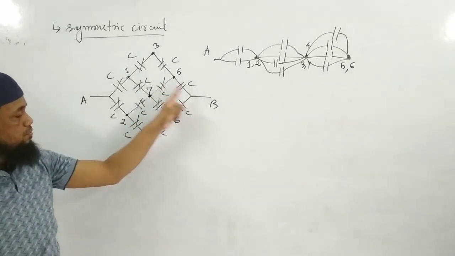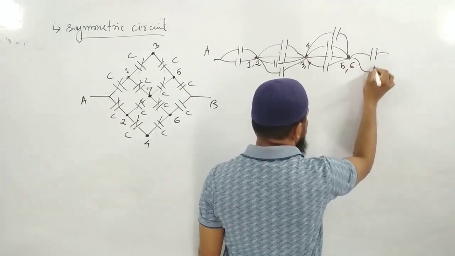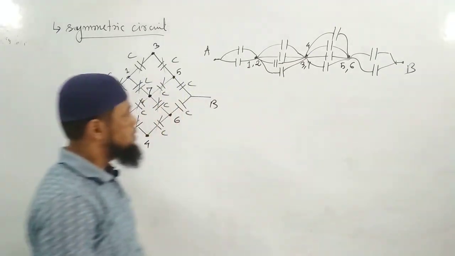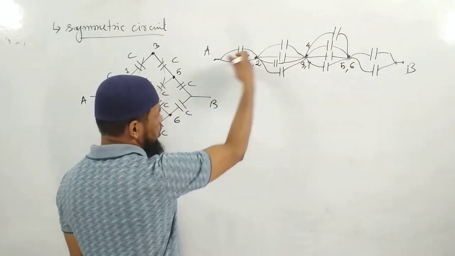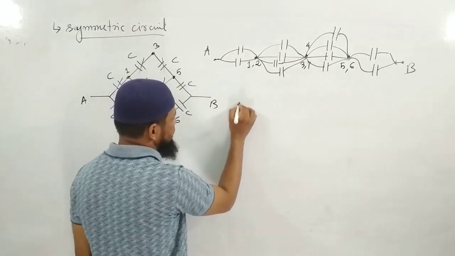What remains now? Between 5 and B, 6 and B. From 5 to B, there is one capacitor. From 6 to B, there is another capacitor. This is the point to B. Okay. So what has become? They are all parallel. This is parallel, they are parallel there. Then all will be in series. So between A and B,